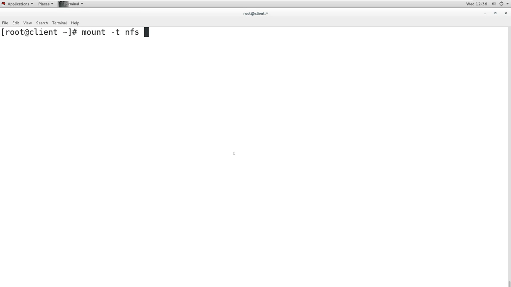So here I want to mount this network directory. So first we have to know what directories are available on the server. Because when we are on the client machine, maybe we don't know which directories are shared. So first we should know what directory is actually shared on the server.